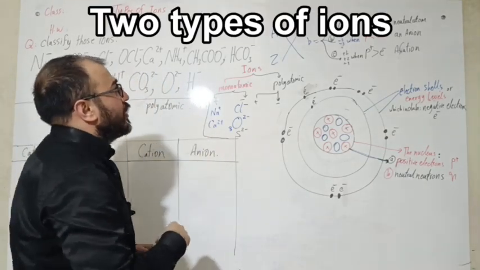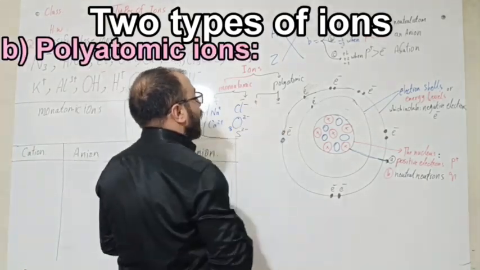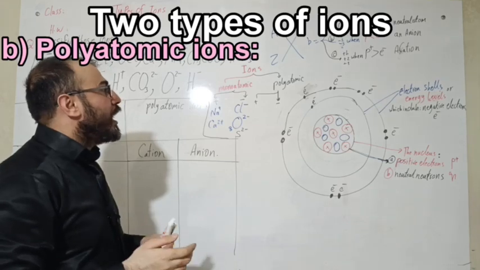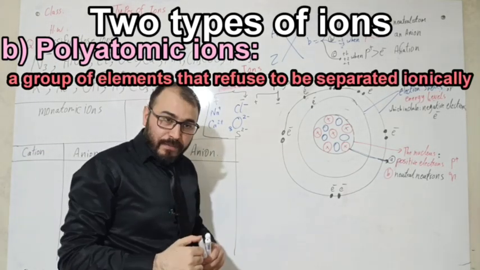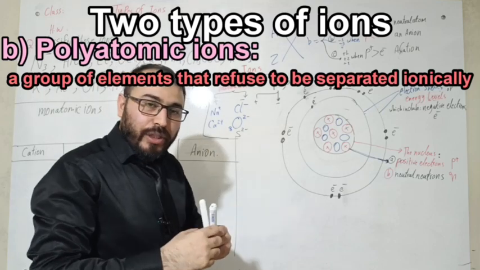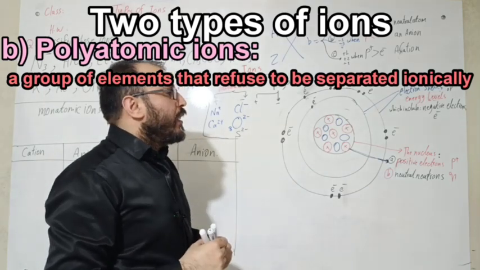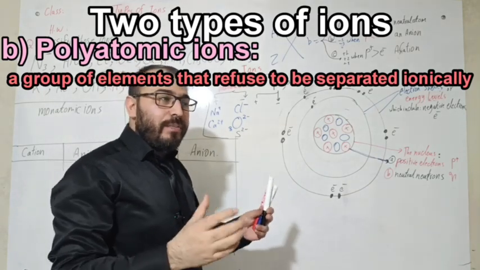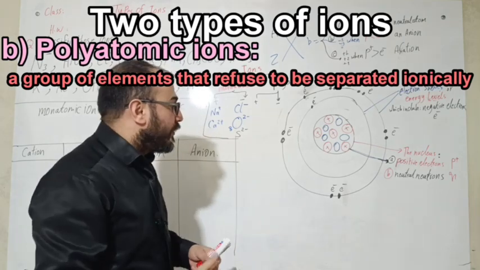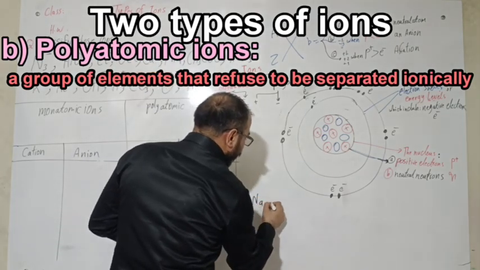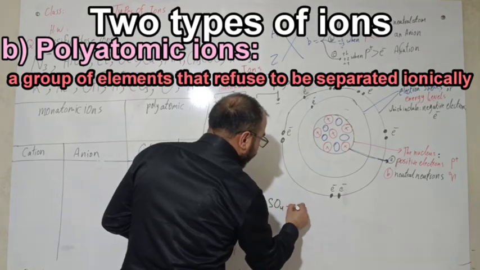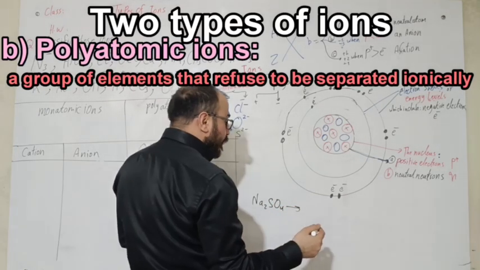Now, my friends, let's talk about the polyatomic ions. A polyatomic ion is a group of atoms that are chemically bound together covalently, and they refuse to be separated ionically. For example, when we took Na2SO4 and we dissolved it in water, a lot of people, or let's say a lot of scientists, believed that